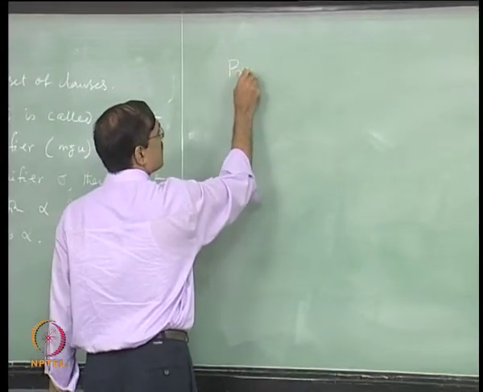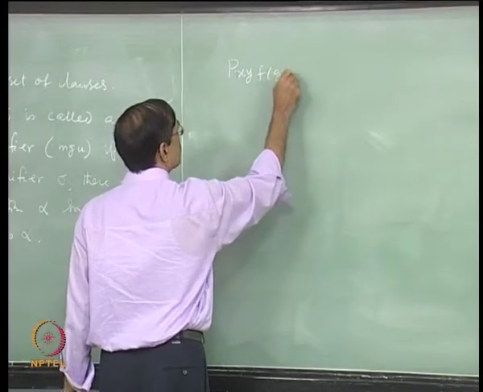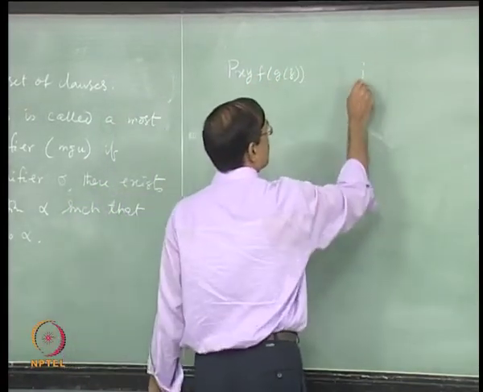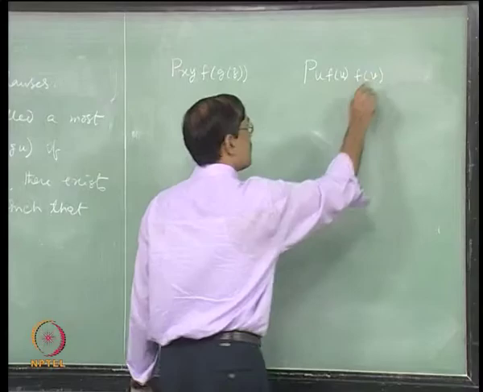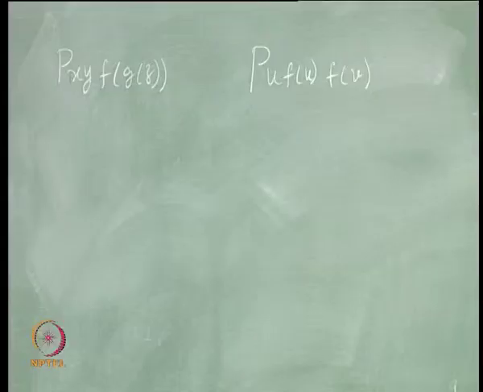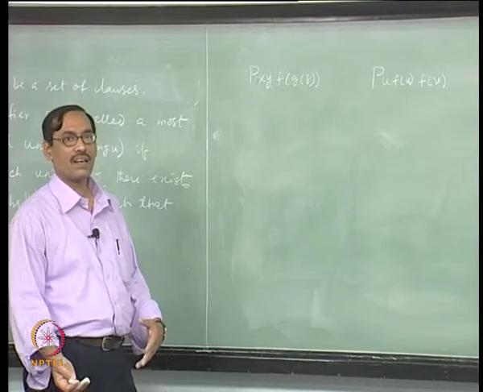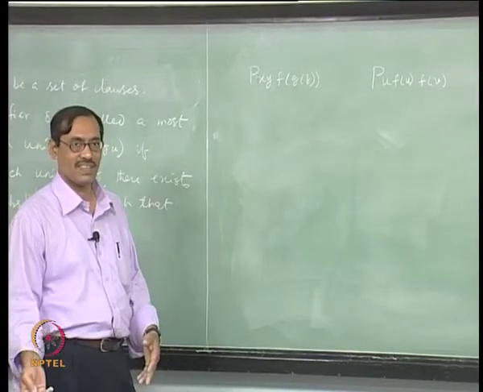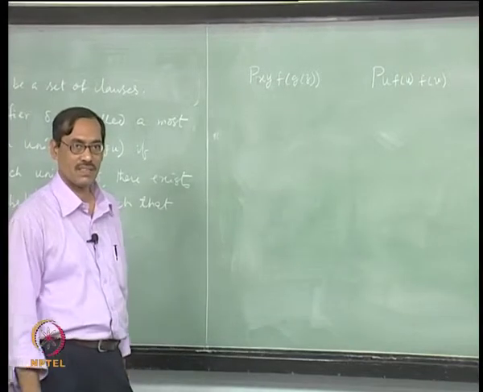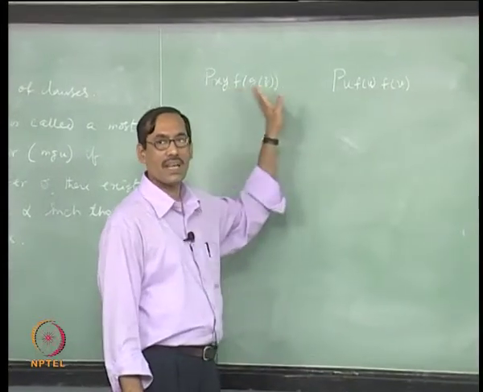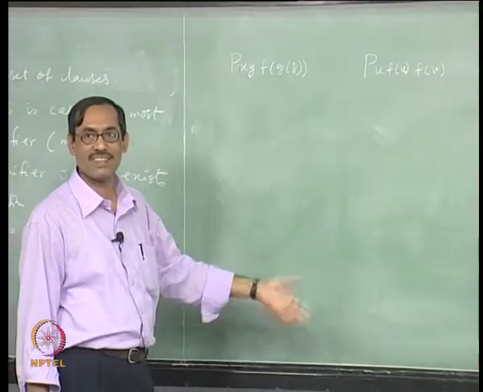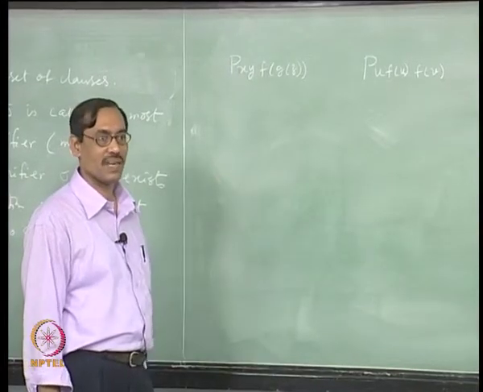I have a clause P x y f of g of z. I have another clause P u f of u f of v. Now, how do I compute a substitution which will make them same? That is what the most general unifier is. I do not want to take or replace variables by constants unnecessarily. If possible, I keep the variables as it is, right. So, what I do? I just check both of them, start scanning from the left, we are mechanizing it, right. So, you should not use any semantics or anything.